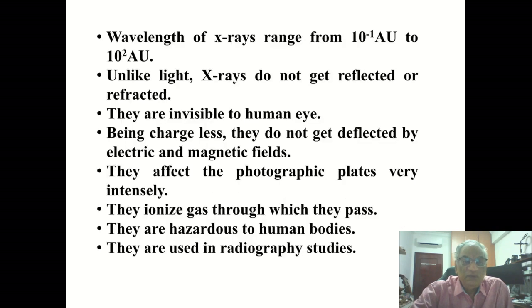Wavelength of X-rays range from 0.1 to 100 angstrom units. Unlike light, X-rays do not get reflected or refracted. Also, they are invisible to human eye. Being chargeless, they do not get deflected by any electric or magnetic fields also. But they affect the photographic films very intensely. They ionise the gas through which they pass, and they are hazardous to human bodies,